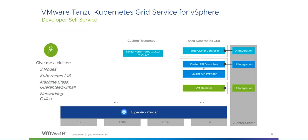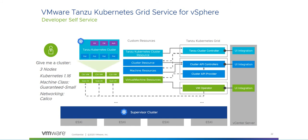So one way that we do this, and I'll just go ahead and build this out, is with Tanzu Kubernetes Grid Service for vSphere. This is a fully conformant and upstream compliant Kubernetes that runs right on top of vSphere. So most customers, if they're running Kubernetes today or they're getting ready to run Kubernetes and they really want that fully conformant experience because perhaps they have experienced developers that are already working with Kubernetes and know the naming and the constructs and how to deploy it and build their applications in that way,